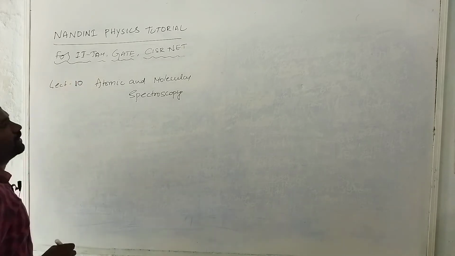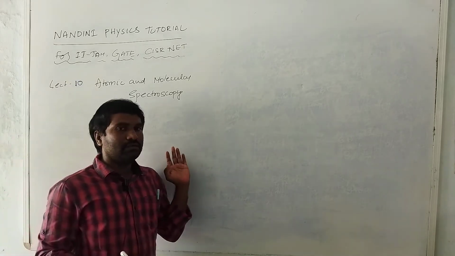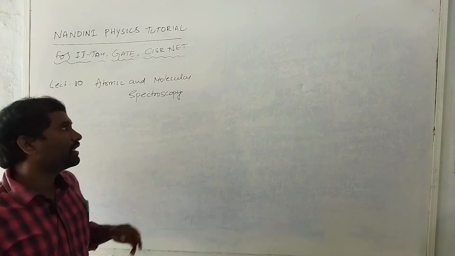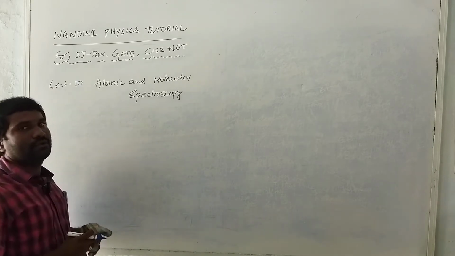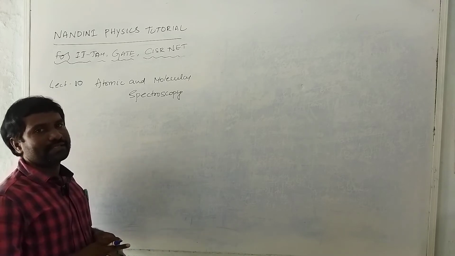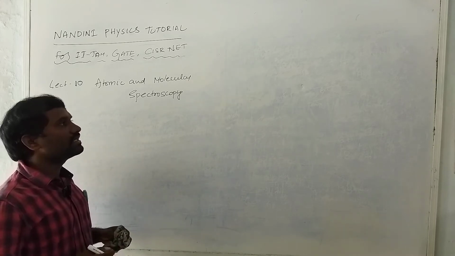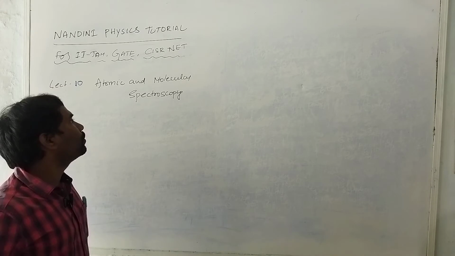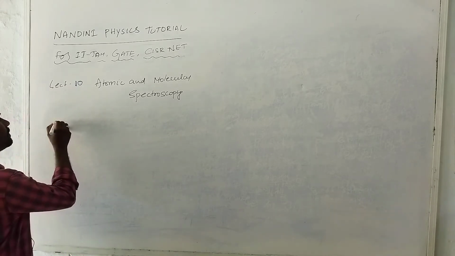Today's lecture is lecture 10. In the previous session, lecture 9, I explained spin-orbit interaction, the non-equivalent electrons case, and worked out the degeneracy. So in today's class I will explain concepts like